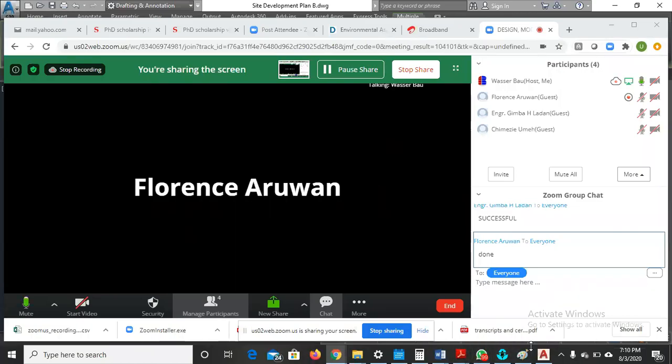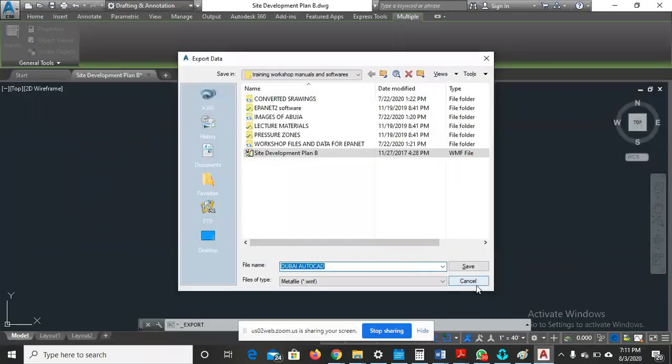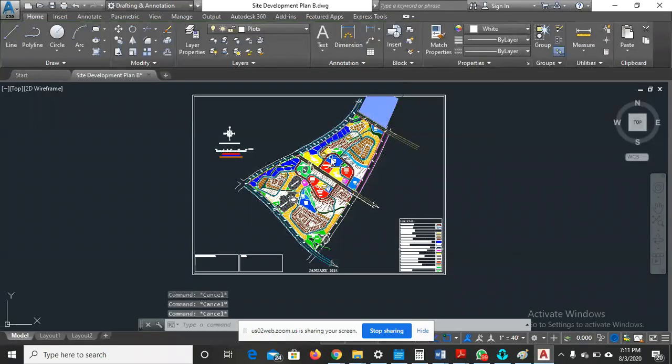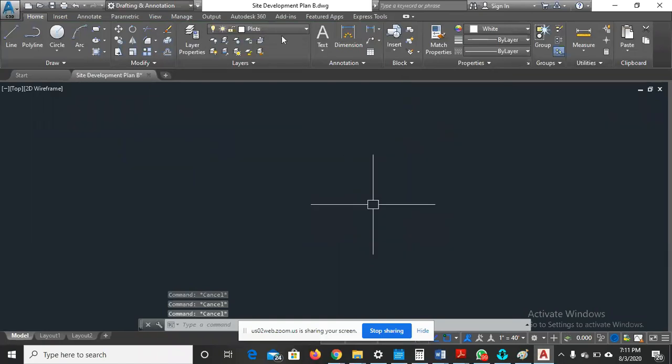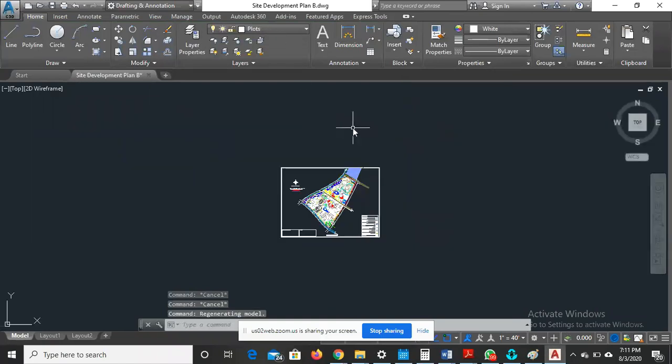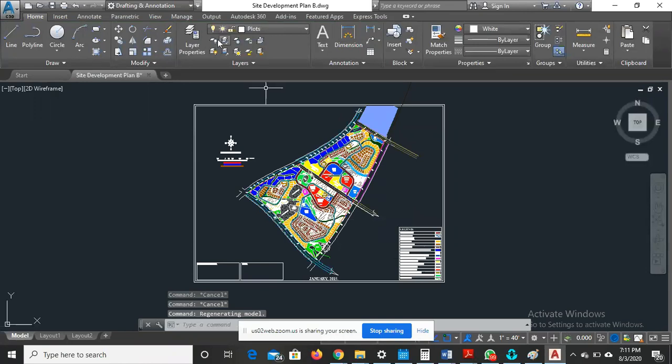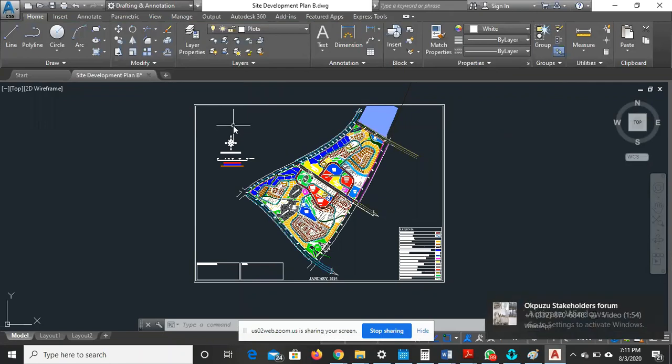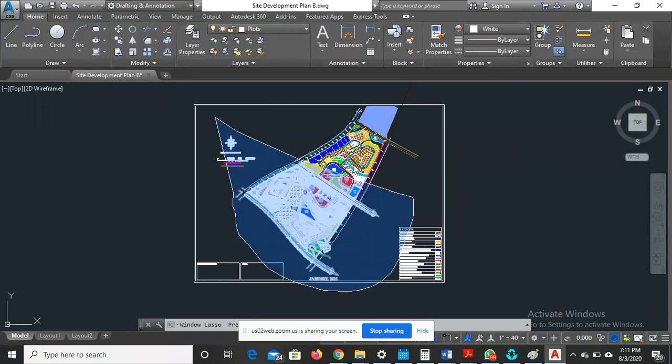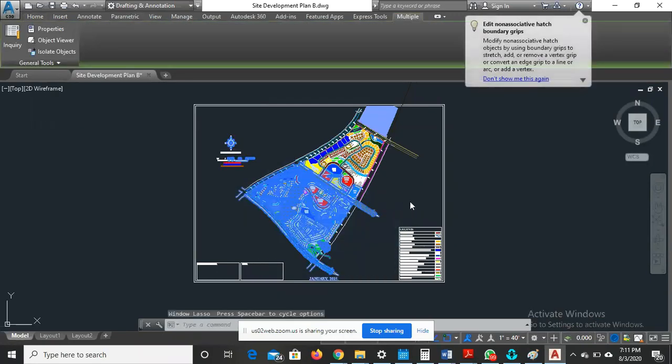So what I did was to go to AutoCAD. Let me start all over again. This is a drawing that I want to export. I'll open it. Okay, this is the drawing I want to export. So what I will now do is, two ways: either I select it first or I select it last. Let me start by selecting it first. This portion is what I want to export. If it's all of them I want to export, I can also